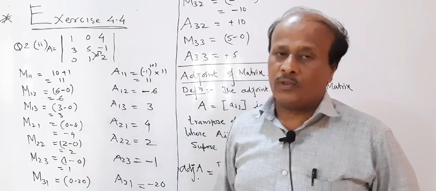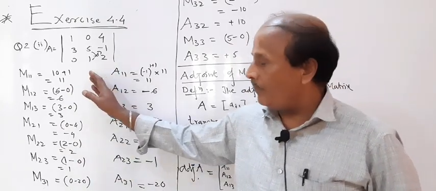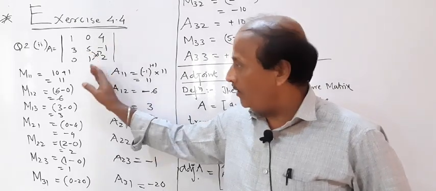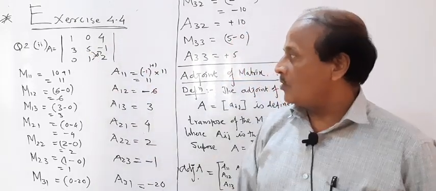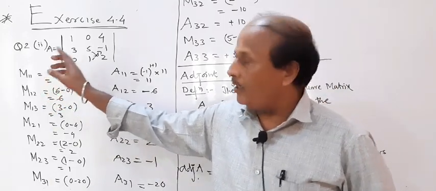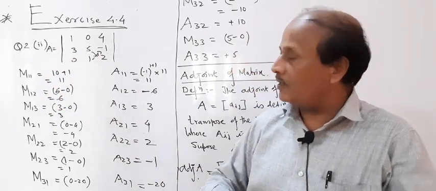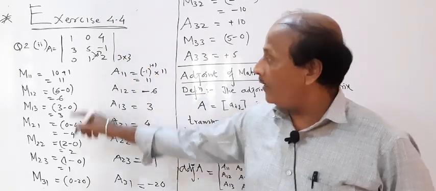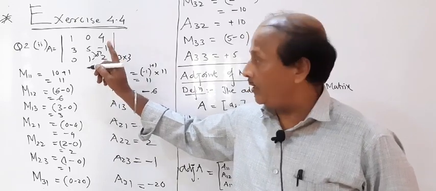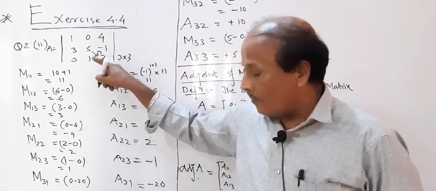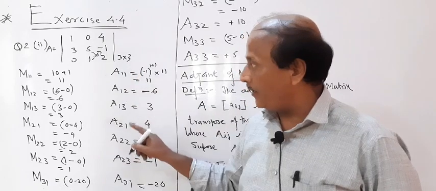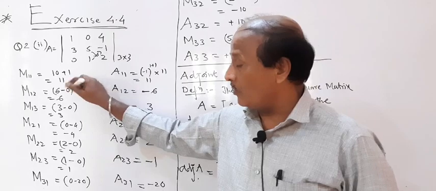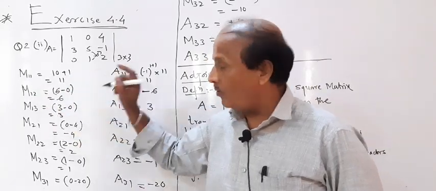It's a time consuming question. It will take some time. So first of all, find all the corresponding minors and cofactors of this determinant. Naturally the order of this determinant is 3 cross 3. So as I told you earlier, you are going to get a total of 9 cofactors and minors, 3 into 3, 9. Be careful with the sign and check the multiplication also. First of all, make the list of what you are going to find out.